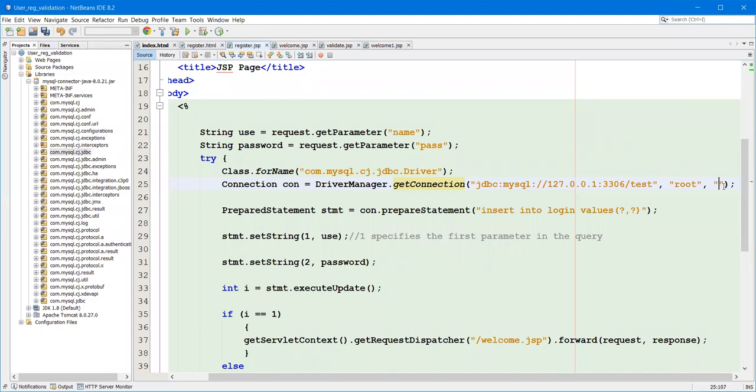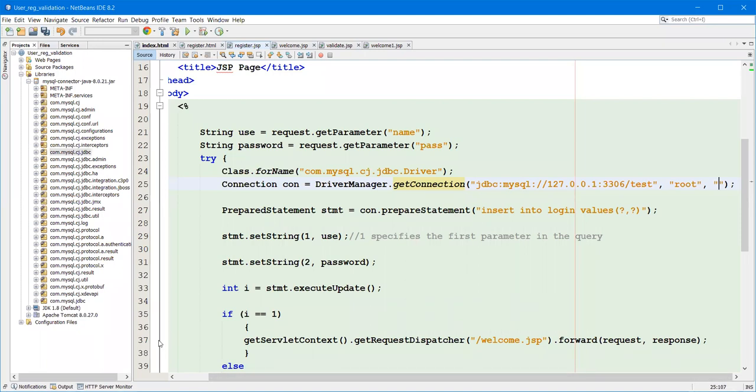During installation, if you specified a password, you have to specify that password. If there is no password, then you specify empty. By default, username is root and password is root, but for my installation there is no password.